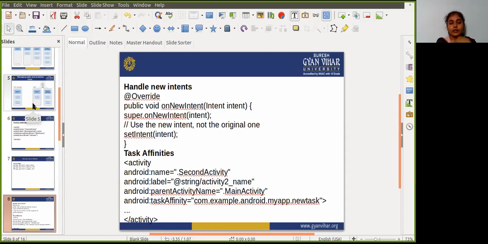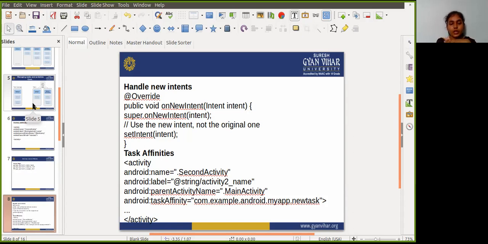Note that the getIntent method gives access to the intent that launched an activity, and it always retains the original intent used to launch the activity instance. So you call the setIntent method in the onNewIntent method.